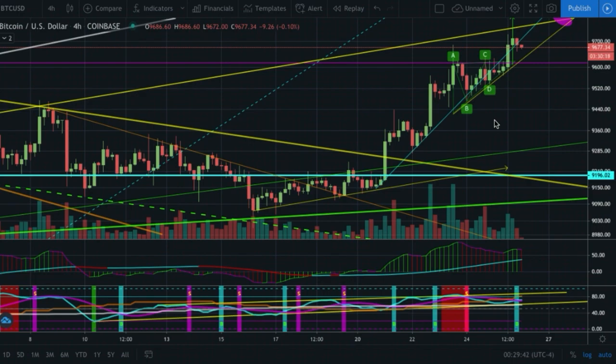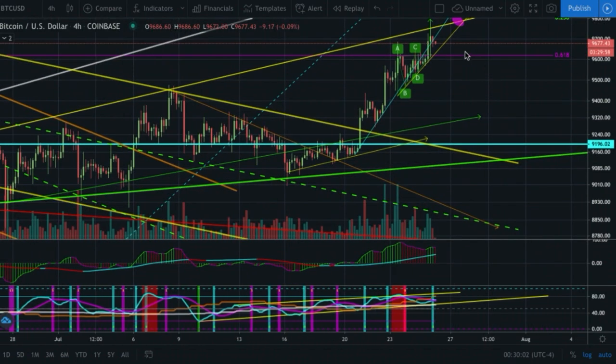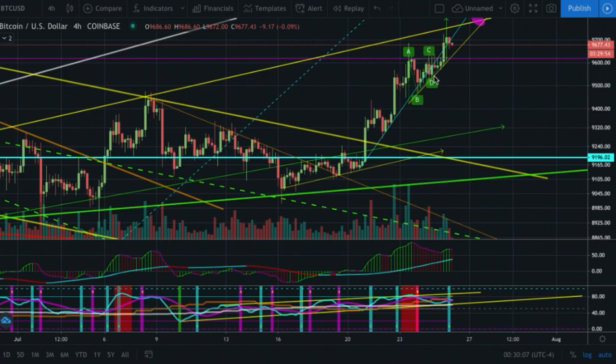Here's our Bitcoin chart. I'm on the 4-hour, and we got that continuation, been moving up and basically finding support on this slope line here. We started to slightly break down from it, but we were forming this ascending triangle, with the resistance coming in at the purple 618 Fibonacci retracement. We finally consolidated long enough, held support on our diagonal uptrend line, and then we were able to get the